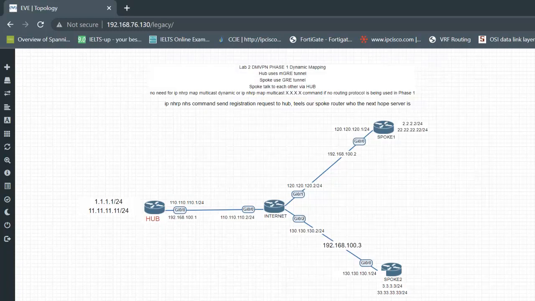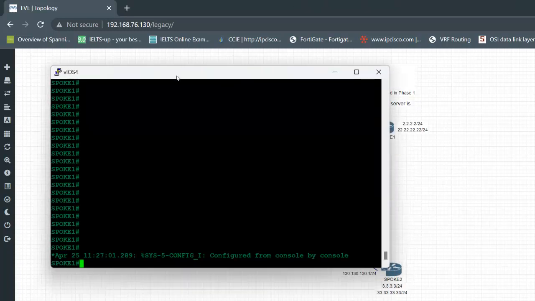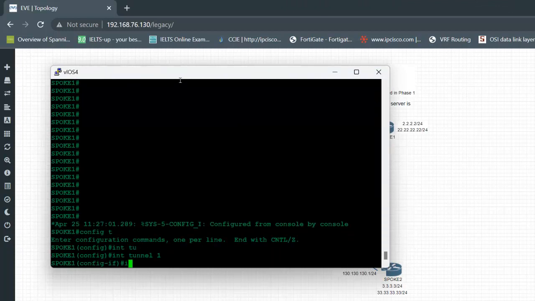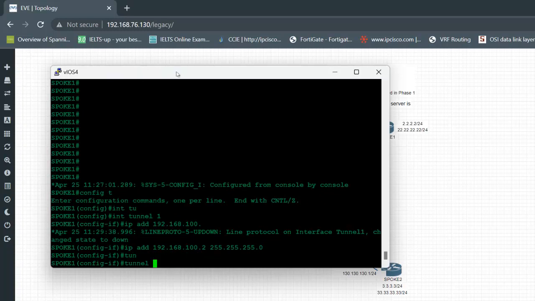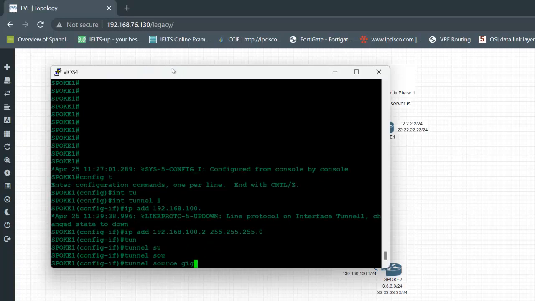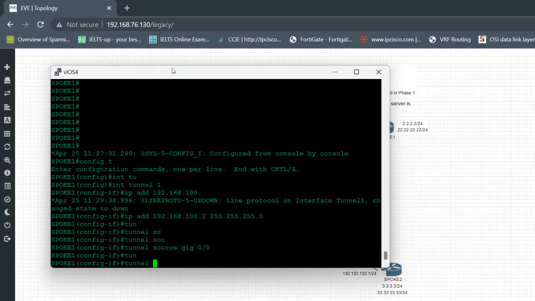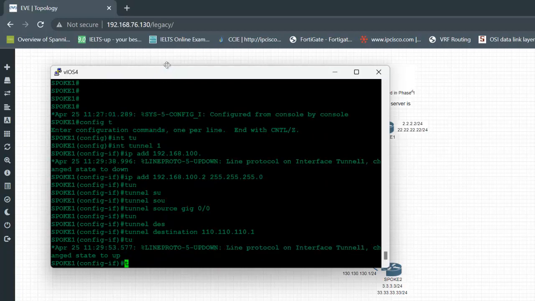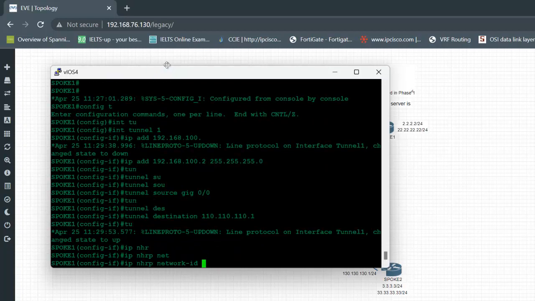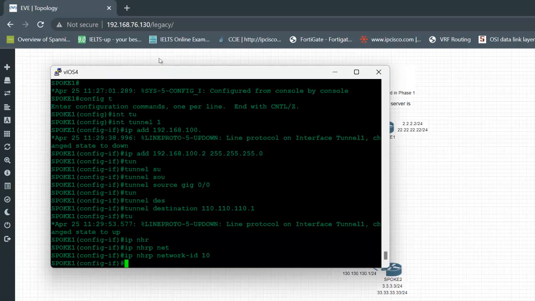Okay, so I'll go to spoke 1 and config t, interface tunnel 1, IP address 100.2. Tunnel source should be our gig0/0. Tunnel destination would be the public IP address of the hub, and IP NHRP network ID would be 10, similar, whatever it is, it should be the same, and